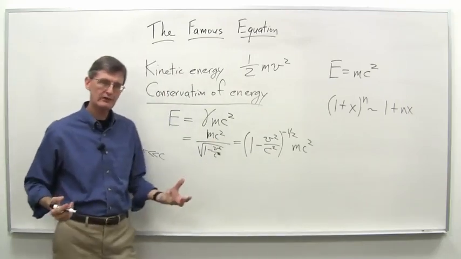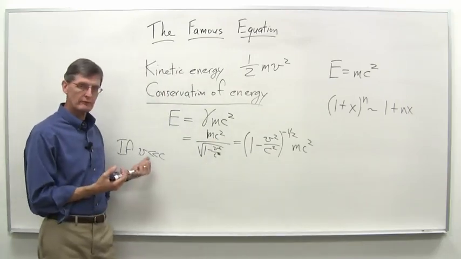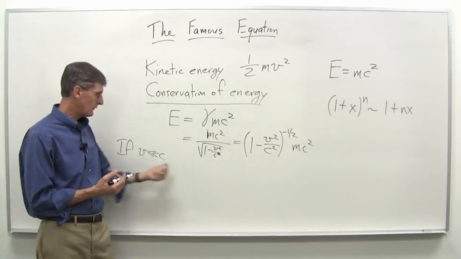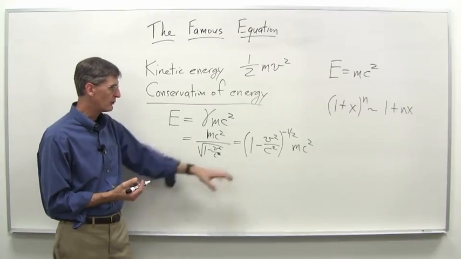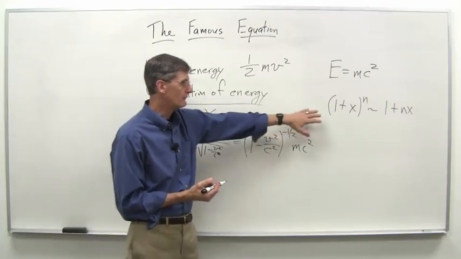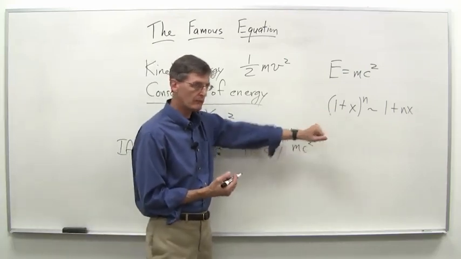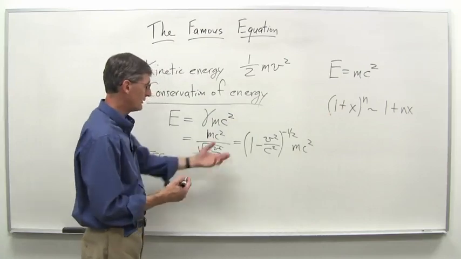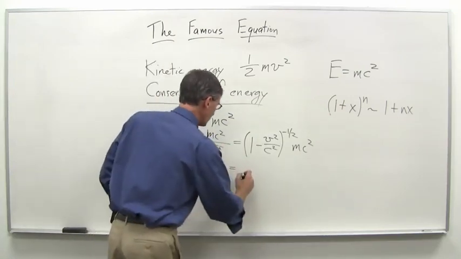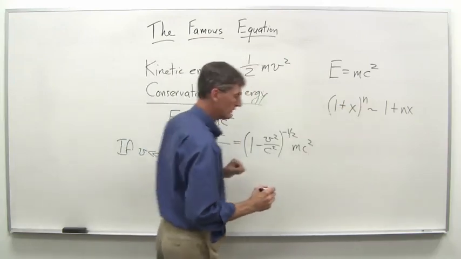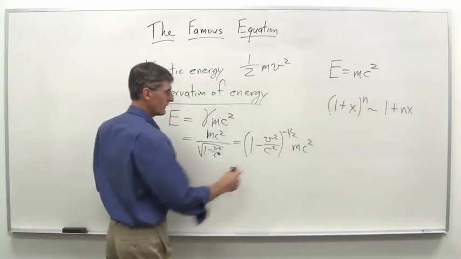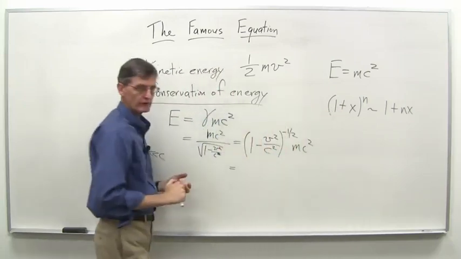And what do we mean by much less? Well, even up to speeds like 1/10 the speed of light, v squared over c squared is still going to be a very small value. So we'll be able to expand this out and put it in this form here using our binomial expansion. Here's the exponent. The minus 1/2 is equivalent to the n there. And I've got a minus here instead of a plus, but it works the same way.